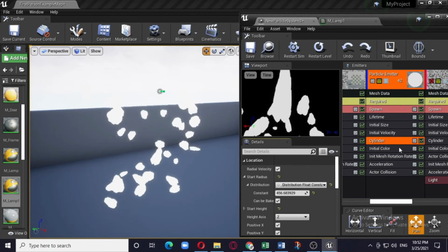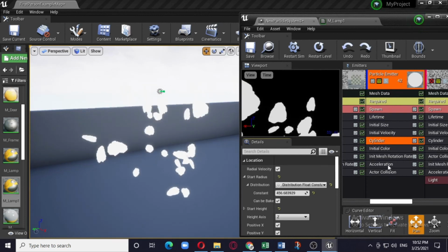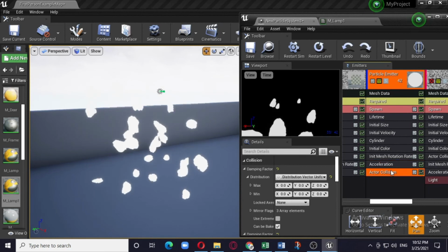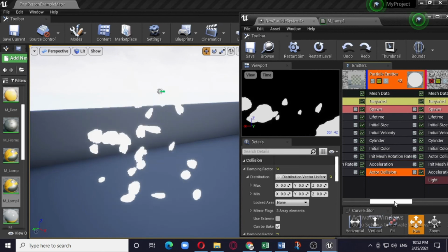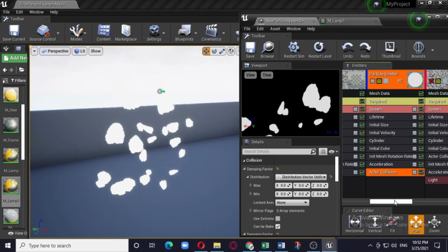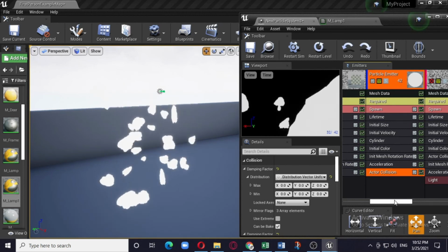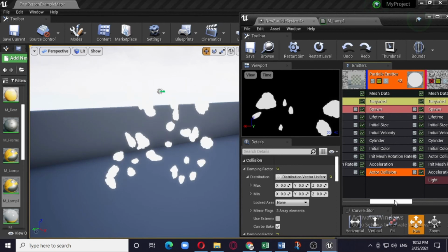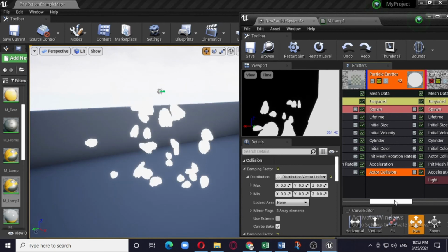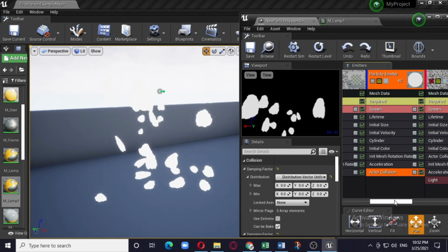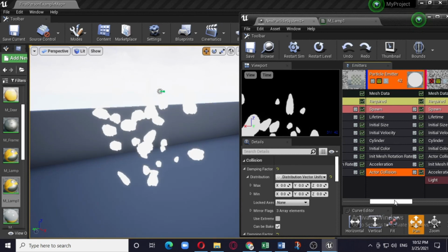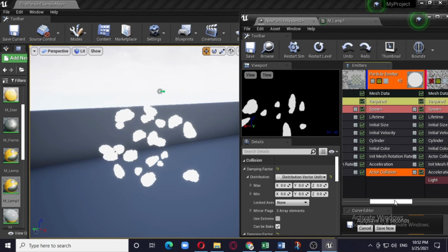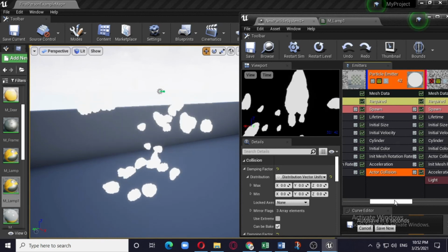You can easily control that, and acceleration and actor collision is there. One thing is very important: the moment you convert any mesh onto this particle system, they actually lose the information of whatever they had while they acted as a separate mesh. So here it will consider it only as a particle.